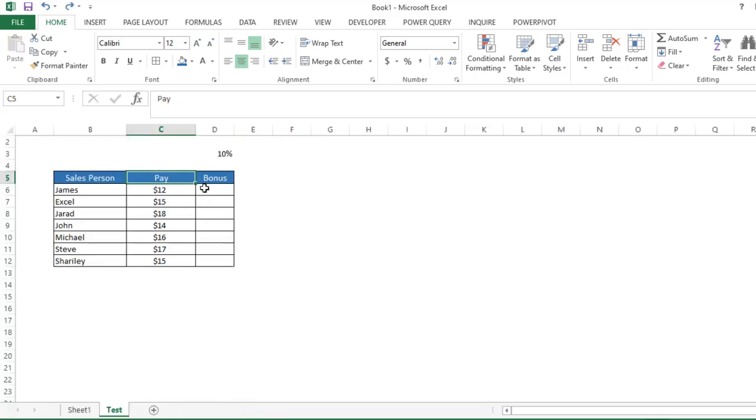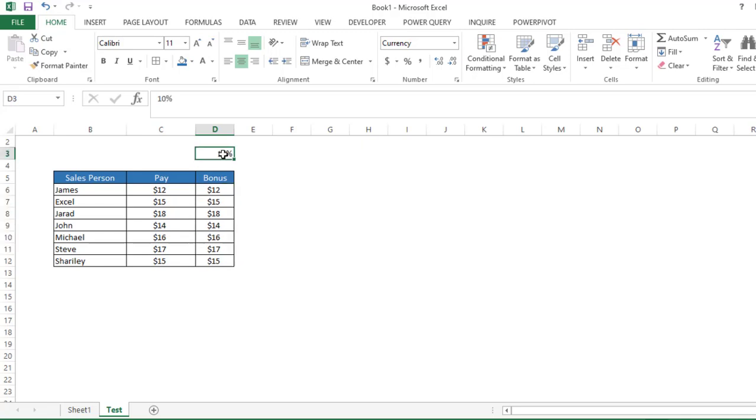The next trick is multiplication copy. So suppose I want to calculate the 10% for this particular waste pay, so we can use a formula here. We are all aware of that formula. Instead of using the formula, what we can do is first select here and then hold the control key and then simply drag and drop here.